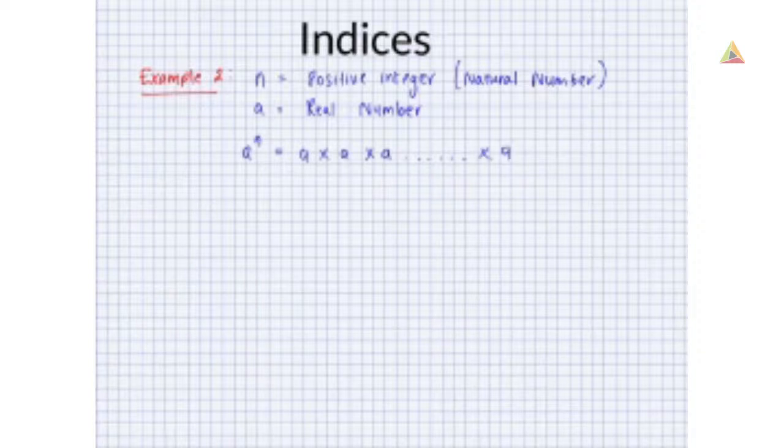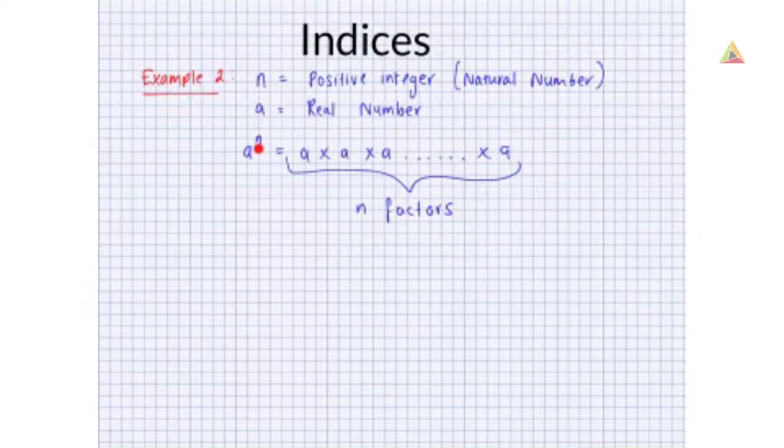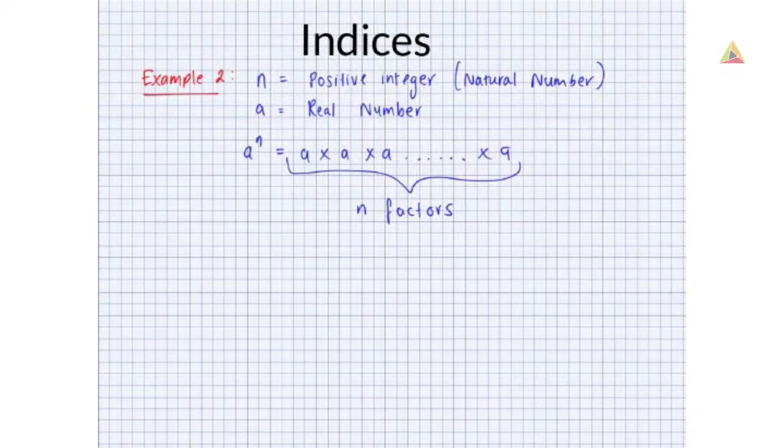So you'd have a, and here you'd have n factors. What that means is whatever this number here is, you multiply a out by that many times. So if n was 3, it would be a by a by a. If n was 10, you'd multiply a out 10 times. And that's just index notation. Whatever the real number is, you're putting it to the power of the positive integer,